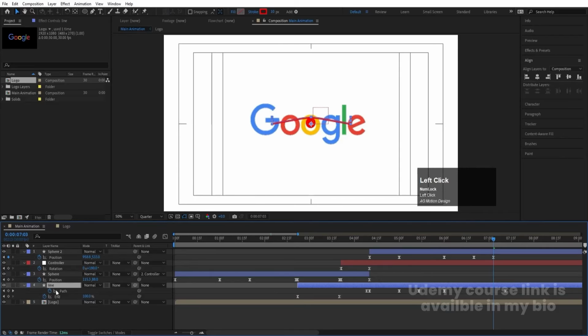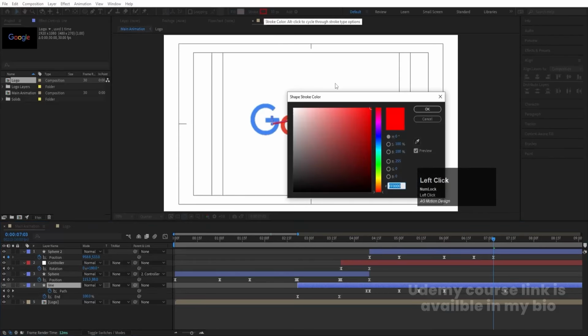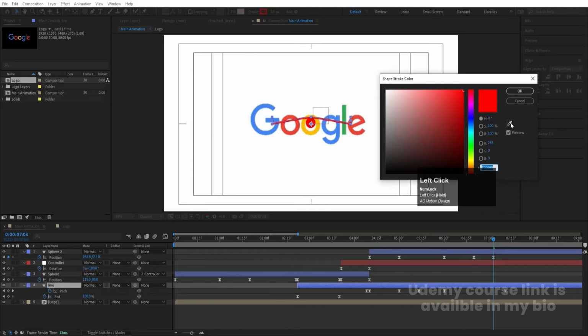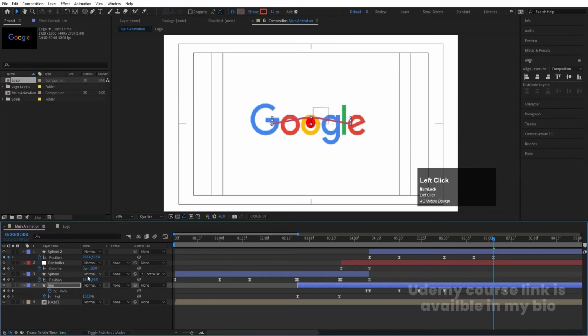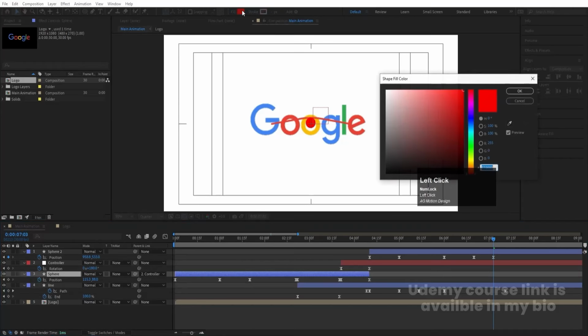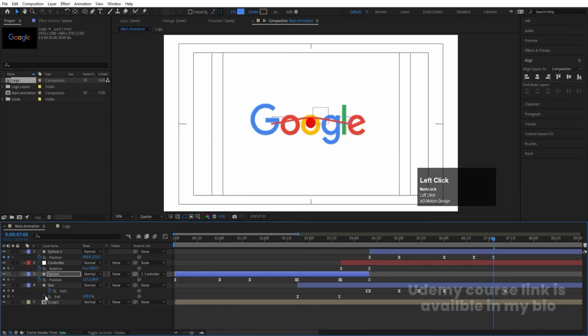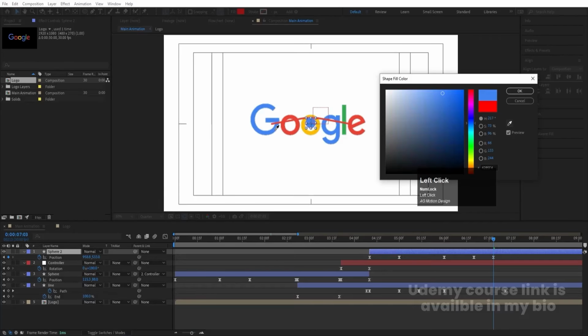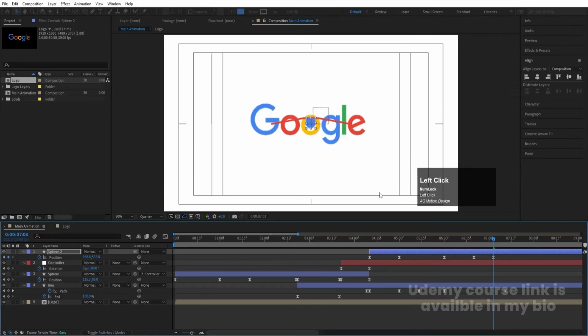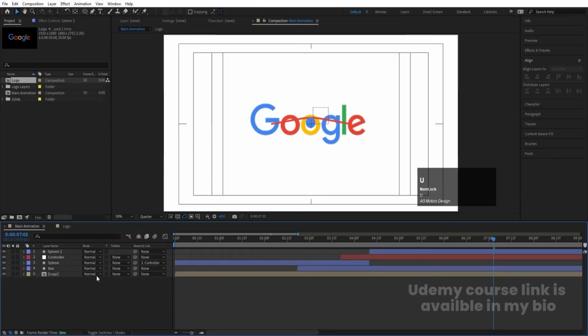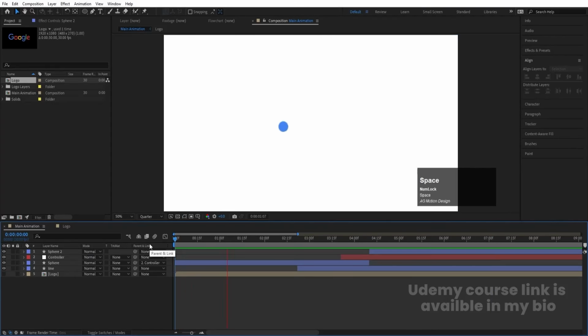I'm going to select this line. I'll go to the stroke options and with the help of this picker I'm going to pick up this color, then select this pair and hit OK. Select this pair, go to the fill option, select this picker and pick up this blue color and hit OK. Similarly select this pair, go to the fill, picker and pick up this blue color and hit OK like that and hit U. Okay, let's hide this logo for now. So now if you see, we will get something like this